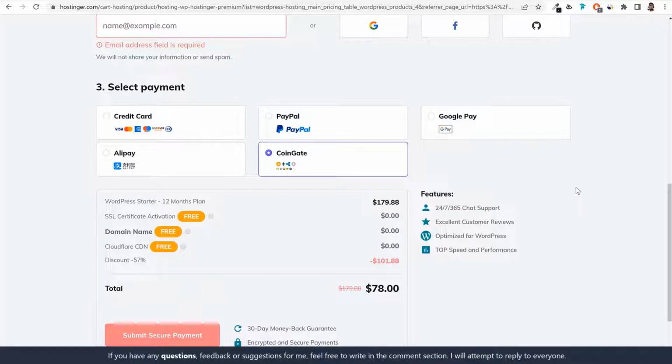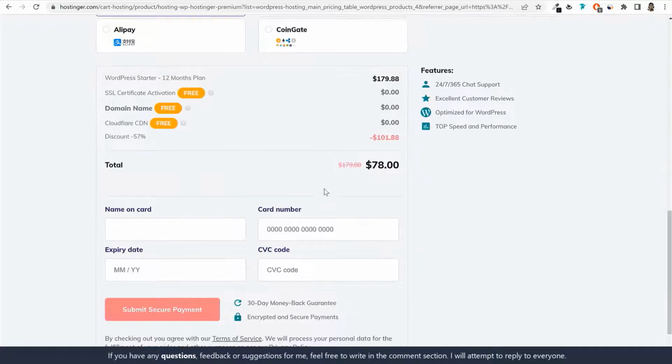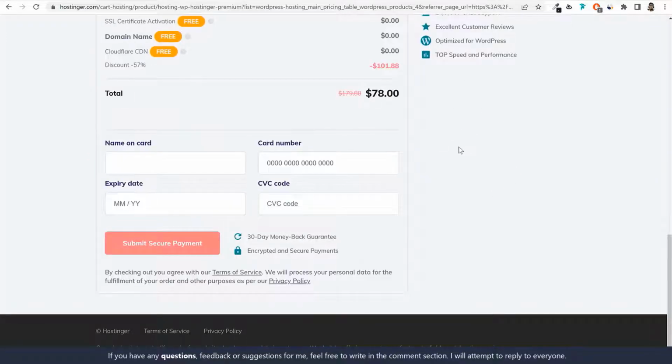Similarly, if you're watching this video from some other country, you will get payment options which are accepted in your country. This is another great thing about Hostinger, because this is a multinational brand. It is available in many different countries. So whatever payment option you want to select, just select that. Once you do this, go to the bottom and click on submit secure payment